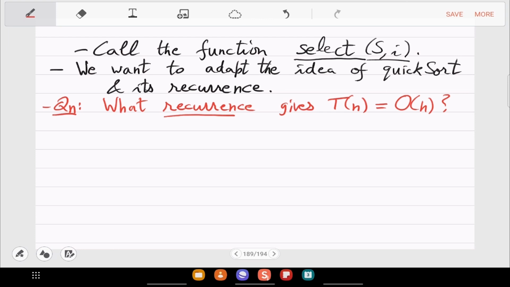Can you think of an example of a recurrence which gives order n? Because merge sort or other things always give something more than n. How can you recurse down to a smaller instance and get this order n?